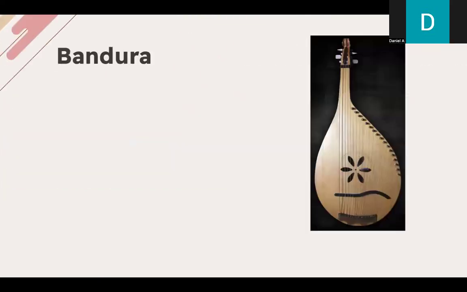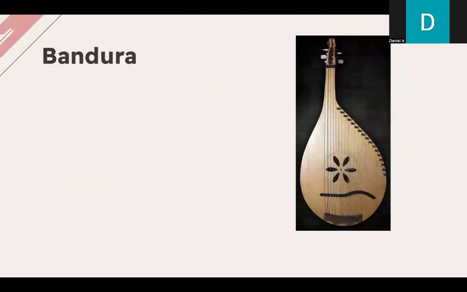Now, I hope you like this little joke right here. That is actually an instrument named Bandura. And it kind of plays at the name he was named after, an instrument. Anyways,